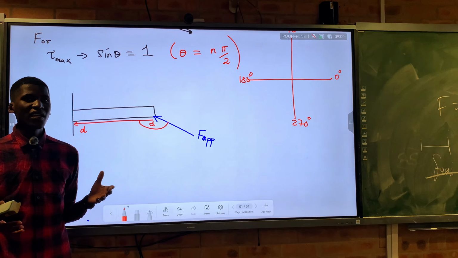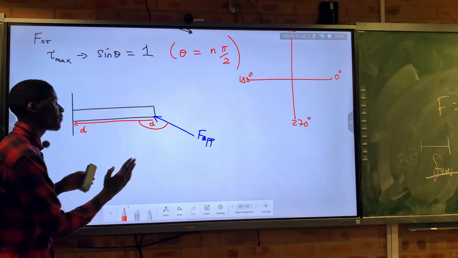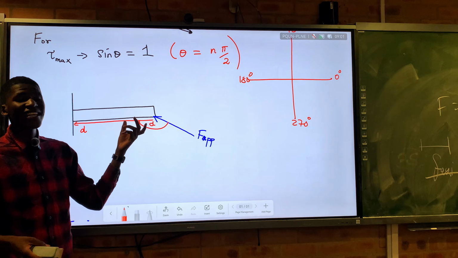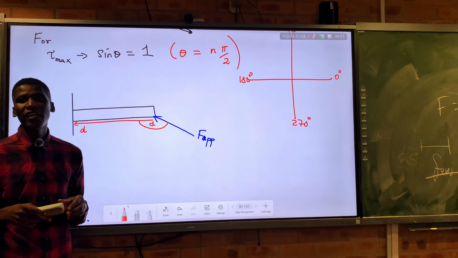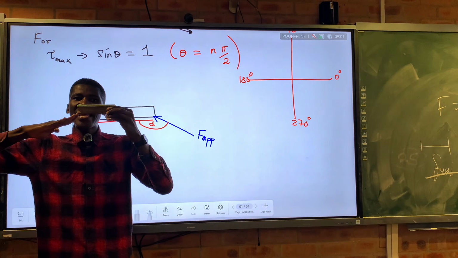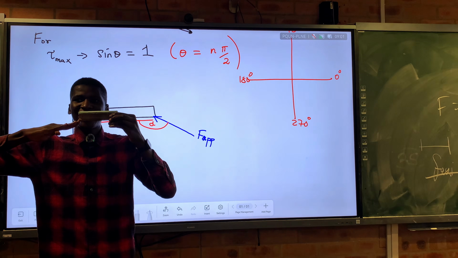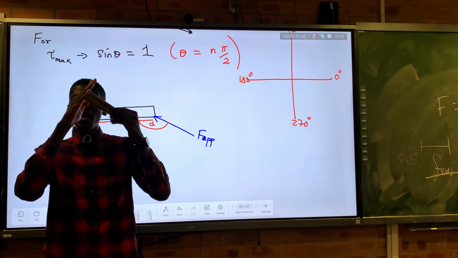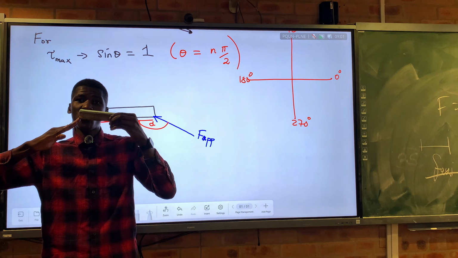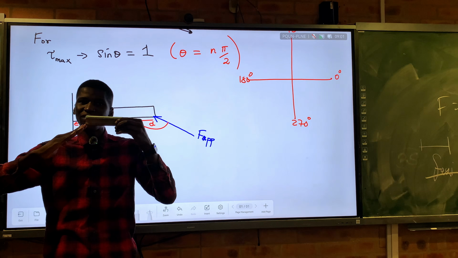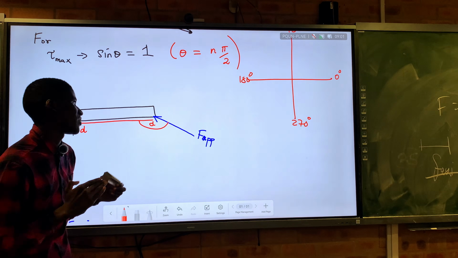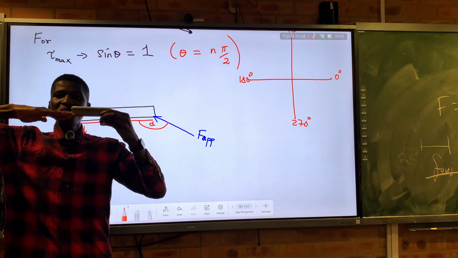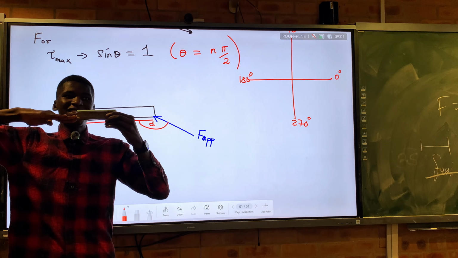A smaller value. As long as the angle is not 90, or as long as your force is not perpendicular to the displacement, to the distance, then you are never going to get a maximum value. We can look at this practically. If I apply a force this way, rotation will be restricted. It won't rotate that much. But if I apply a force this way, it's going to rotate more. But if I apply a force along this line, it's not going to rotate at all. And what if I apply the force directly along the line? In this way, what is going to happen? Is it going to rotate?